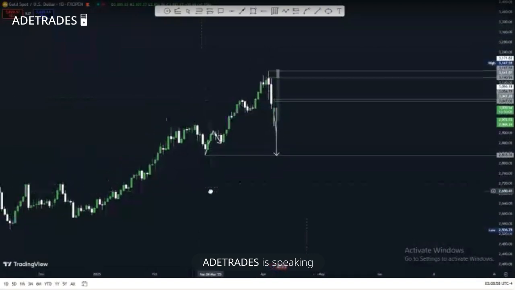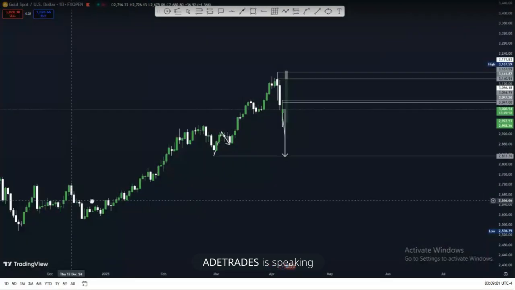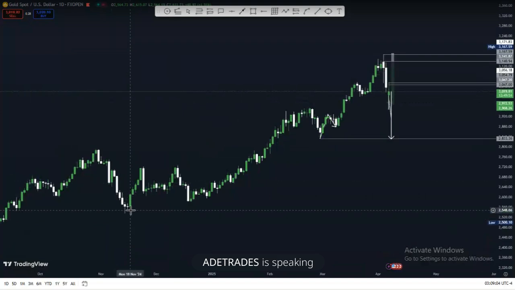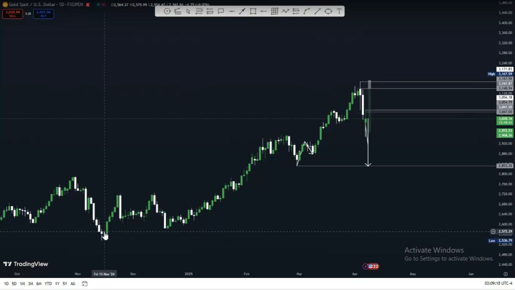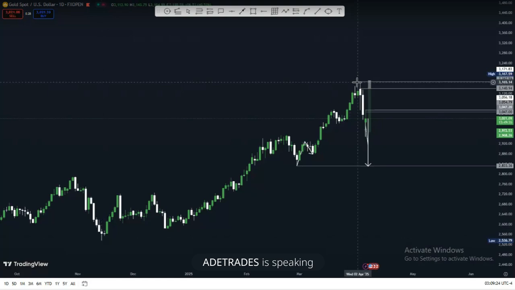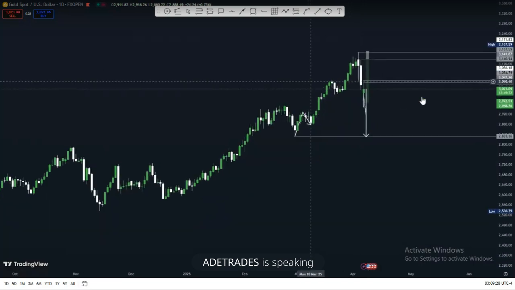So currently, if you've noticed since last year, right? Yeah, since last year, gold has been buying. XAUSD has been buying since last year, right? And gold came from like 2,500. Now gold is currently at 3,165. And your ideology is since gold has been breaking highs, which is a series of higher highs, higher lows, higher highs, higher lows, and something like that.